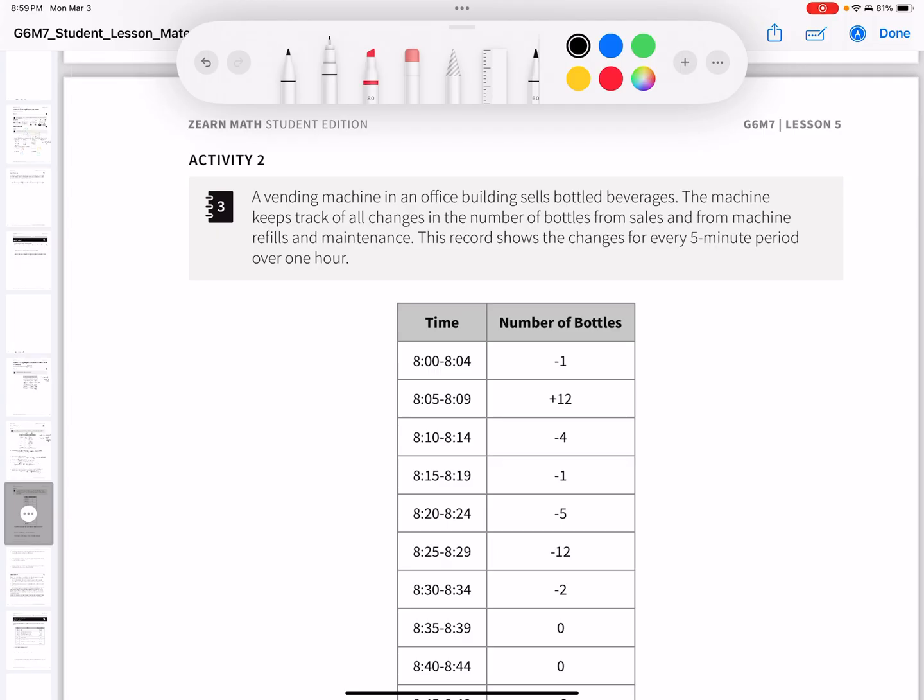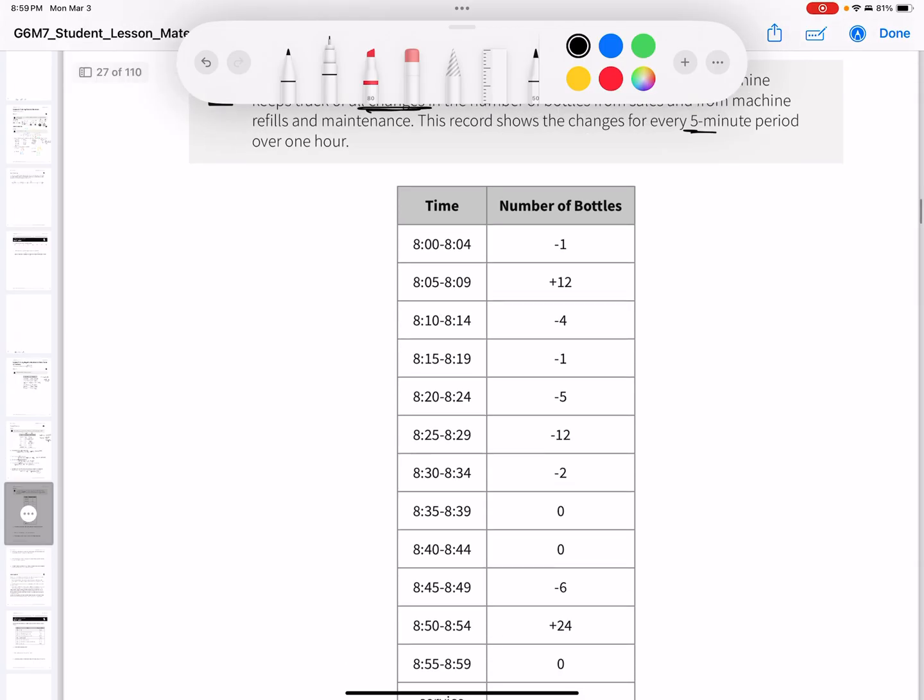A vending machine in an office building sells bottled beverages. The machine keeps track of all changes in the number of bottles from sales and from the machine refills and maintenance. This record shows the change for every 5-minute period over 1 hour. All right, so you can see from 8 to 8:04, somebody purchased a bottle because they lost a bottle out of the machine. Then from 8:05 to 8:09, we have them